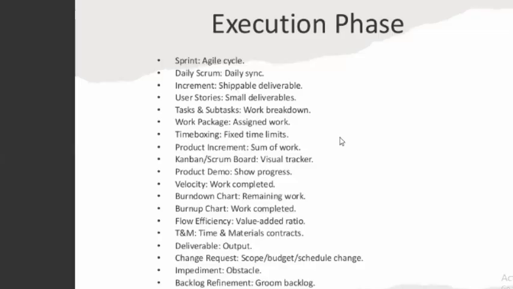So we also have what we call burn down charts and burn up charts. Burn down charts show what is remaining. You just see a chart showing what work items are remaining in the backlog to be worked on, or remaining during the course of a sprint to be completed.